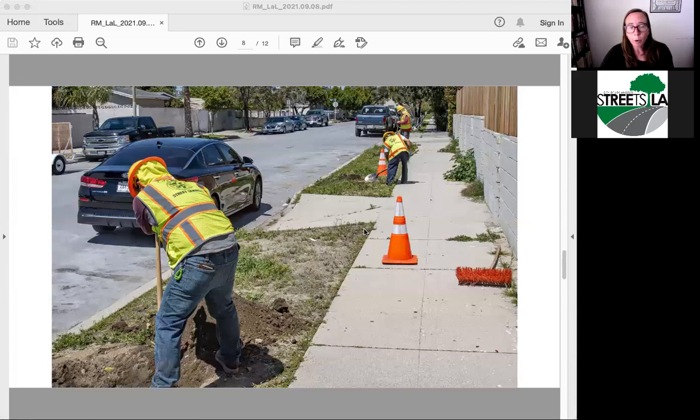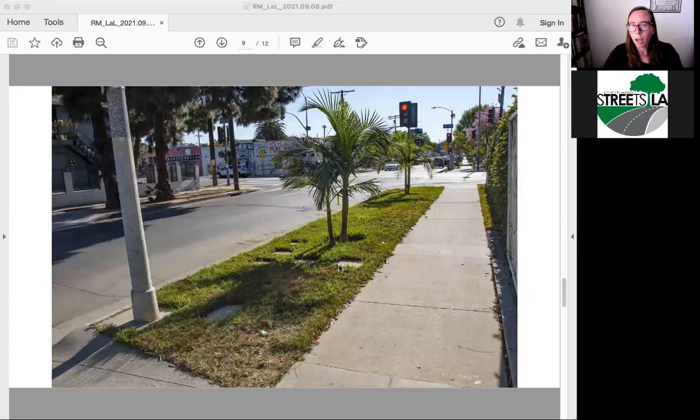This is a similar parkway space where trees were planted, but no overhead power lines. So there was a little bit more options in this location for tree planting because you did not have that restriction. I really like this image because you've got all the infrastructure, not all, but many of the infrastructure complex in